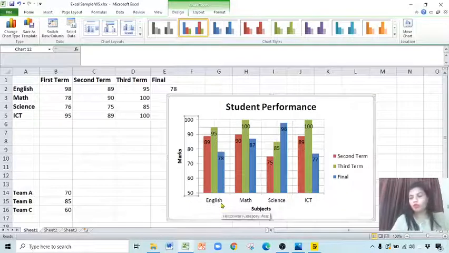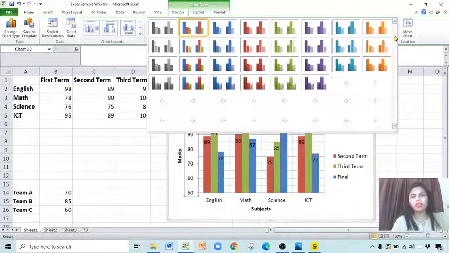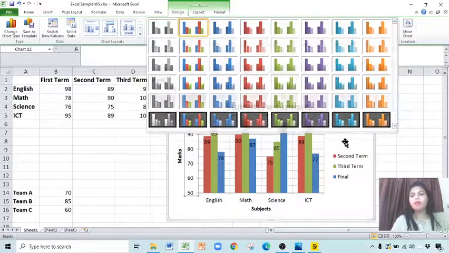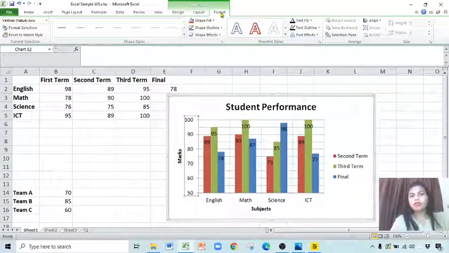Similarly, you can go for the x-axis and the y-axis. Then formatting a chart. Formatting a chart means changing the appearance of the chart. So how can you change the appearance? Automatic designs are also available, so you can choose from there. But if you want to do it yourself, there are multiple ways. One is to click on the Format tab.